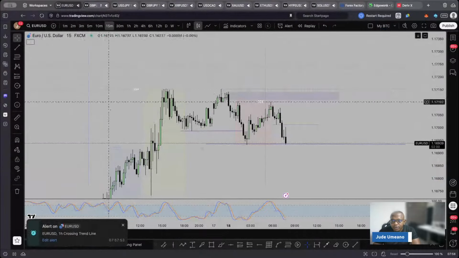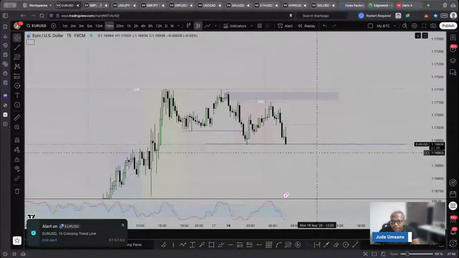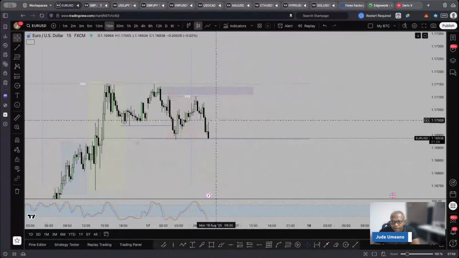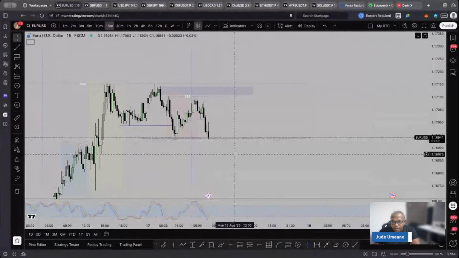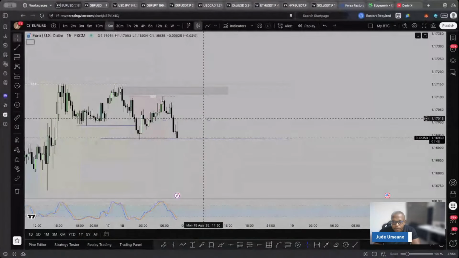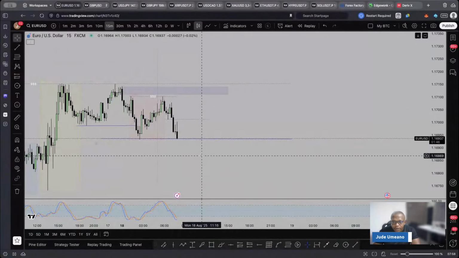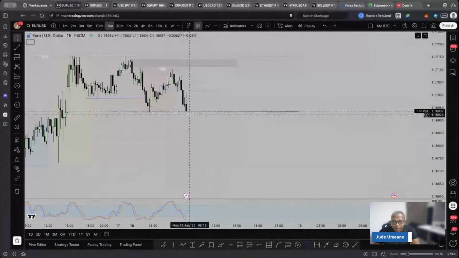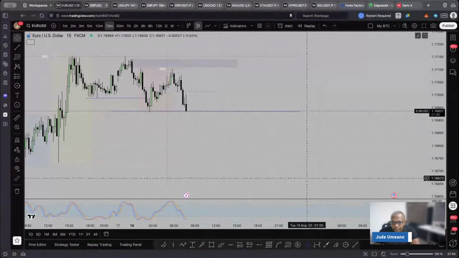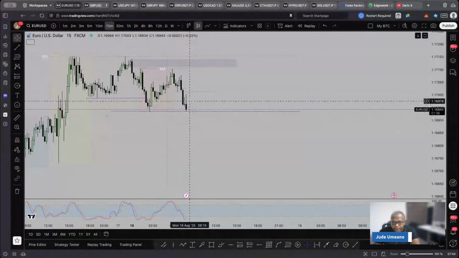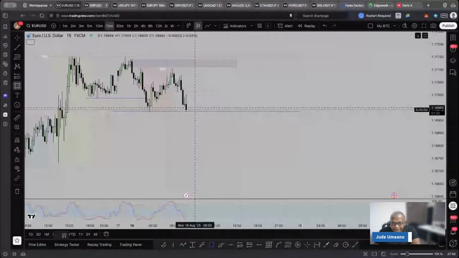Let's see, EURUSD. I have an alert at this point. EURUSD is attacking this particular point. So what I want to see from EURUSD, I want to see it break properly. Then this here, so I'm going to go back to USD. This here looks like